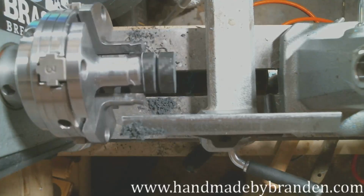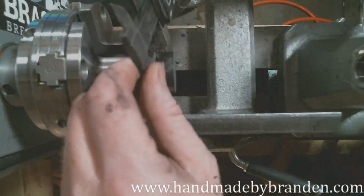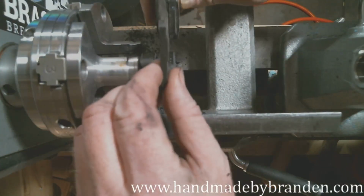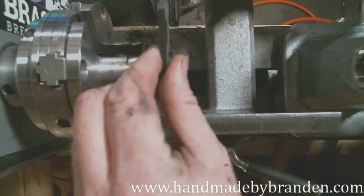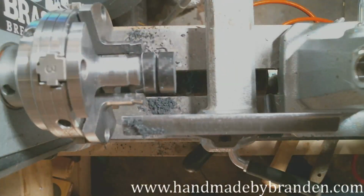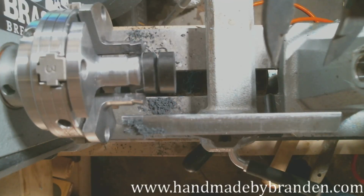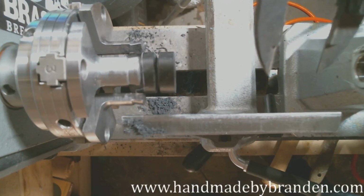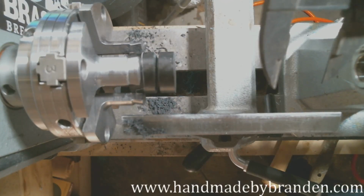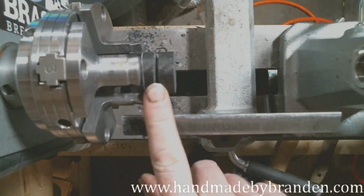All right, so we're getting close. I'm going to take a quick measurement because this guy's got huge fingers. This is going to be a size 13.5 ring. For a size 13.5 ring, the inside diameter needs to be 22.6 millimeters. This is a 28 millimeter rod, so I've got room to work. It'll be roughly 2 millimeters thick when it's done on each side. So that's as far down as I'm going to use the